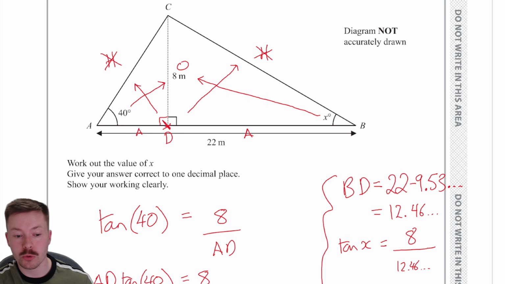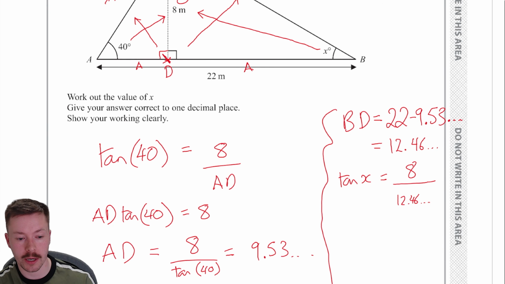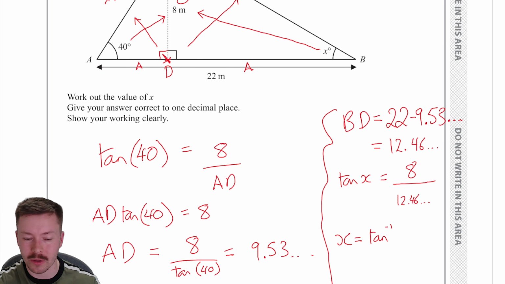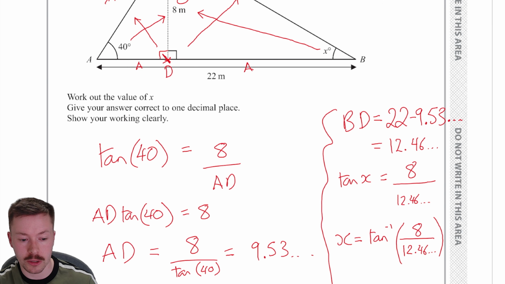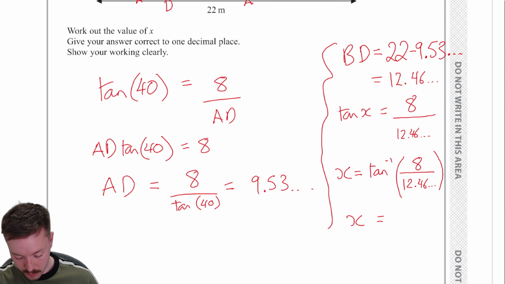And so to work out the angle, what we need to do to both sides of that equation is to do tan minus 1. So if I scroll this down, X is equal to inverse tan to the power of minus 1, inverse tan of 8 over 12.46, which I'm going to use as my answer button. So inverse tan, I've got 8 over answer, close the brackets,